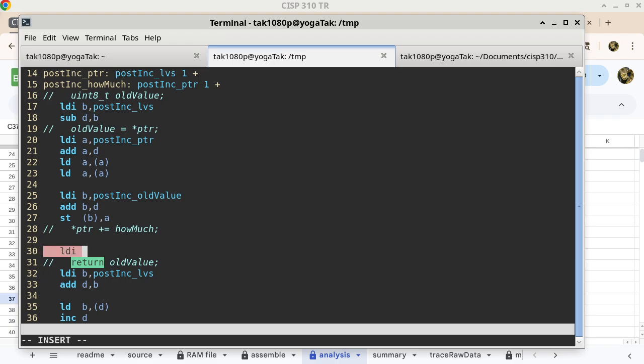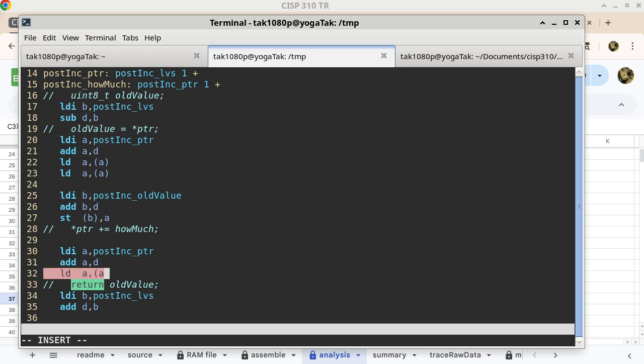So we do LDI A again with post inc underscore PTR. And then we do add AD. We get to the address of PTR. And then now we get a little bit tricky. Okay, this is PTR itself. It is by itself a pointer. LDBA,